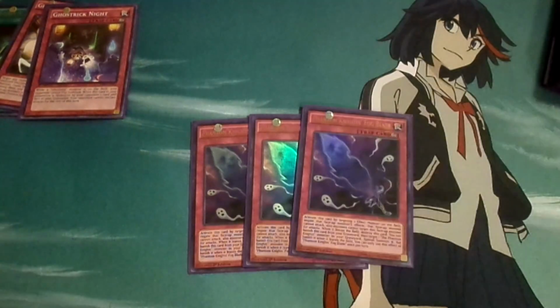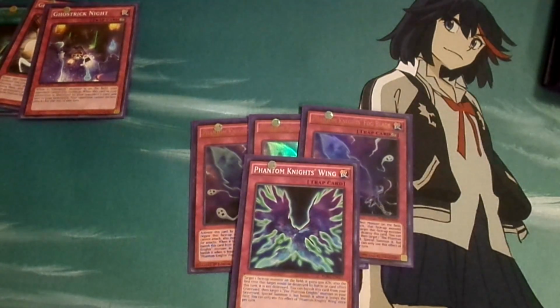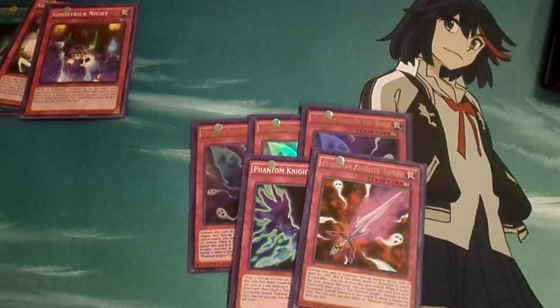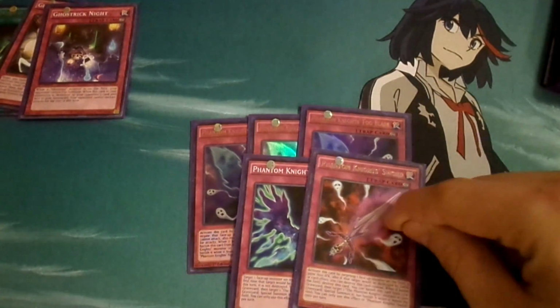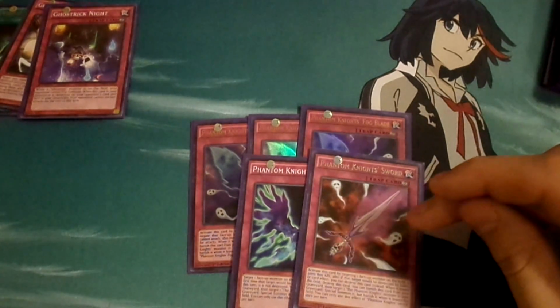Then we have the Phantom Knight's Traps. 3 Fogblade. This card is a searchable Fiendish Chain, which is why I love it. 1 copy of Wing and 1 copy of Sword. So what each of these cards say, so this one buffs a monster by 800, and if a monster would die you can destroy this